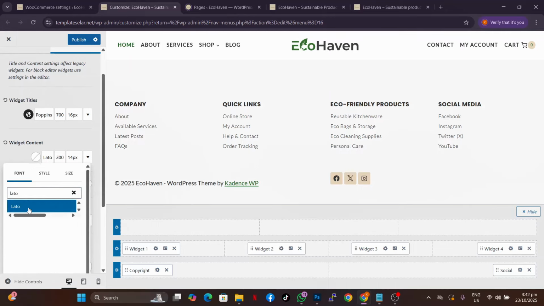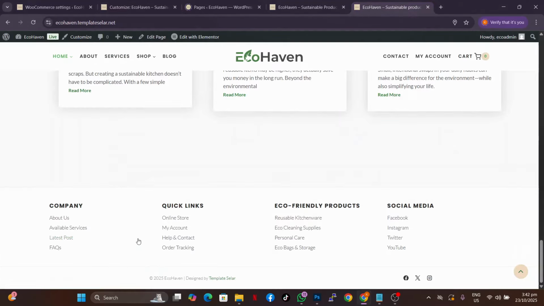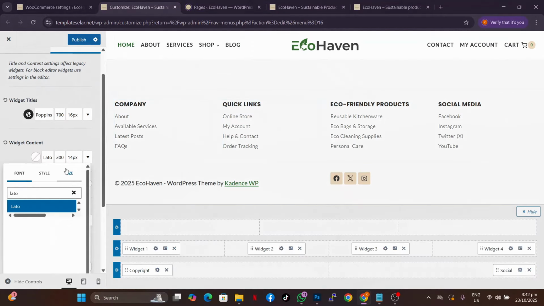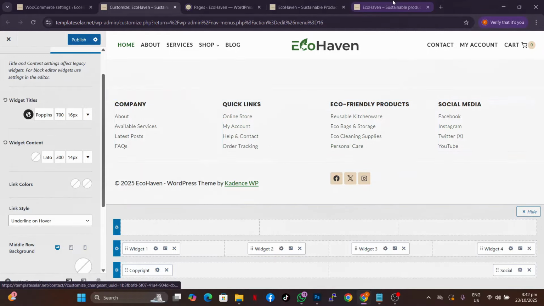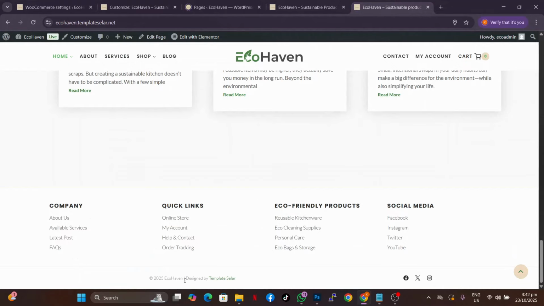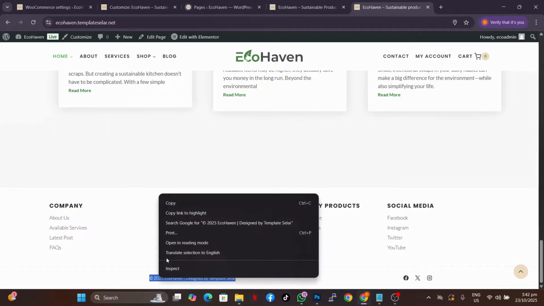Just look for Lato over here, and as you can see, it is looking similar to this particular one over here. So this is how you can customize your footers the way you want. Over here, what we have to do is just make sure that we have these links also over here. So I'm just going to copy